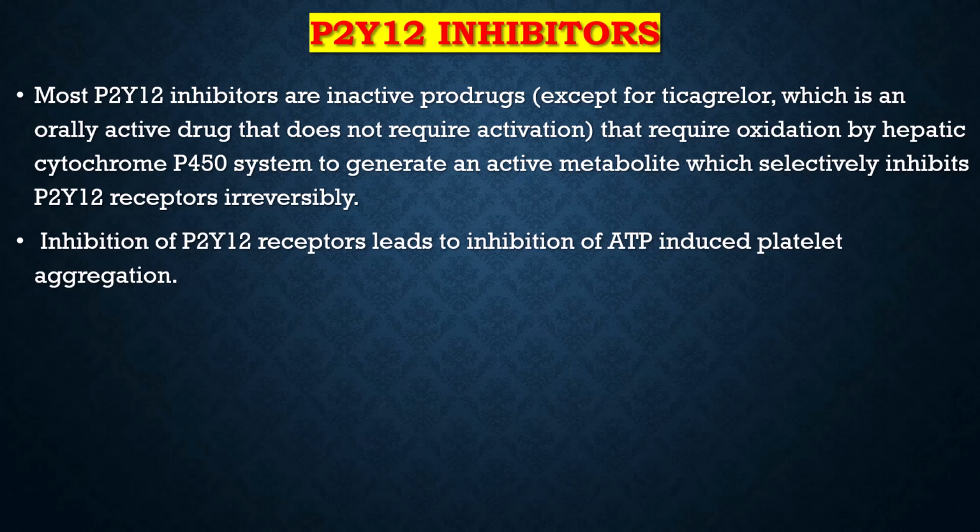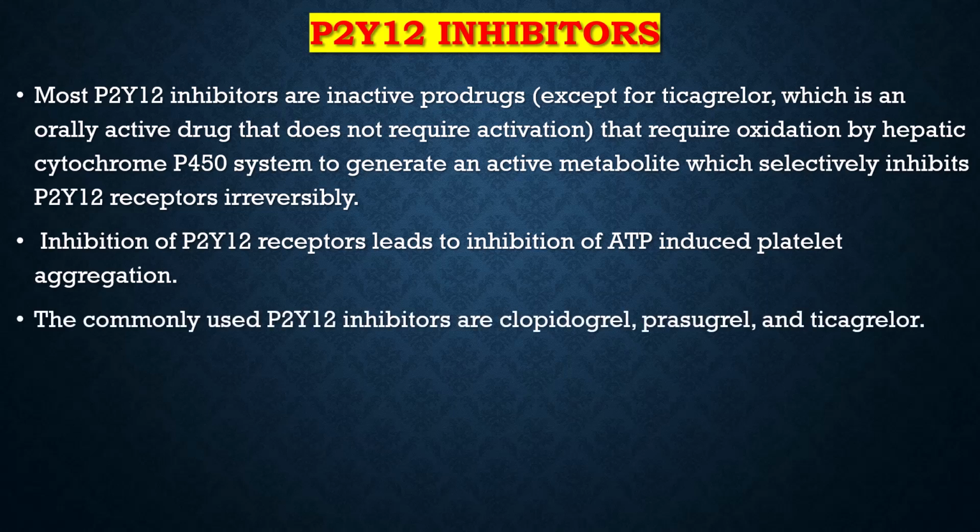Ticagrelor is available in active form while the other two are converted into active form by the liver. Inhibition of the P2Y12 receptor leads to inhibition of ADP-induced platelet aggregation. The commonly used P2Y12 inhibitors are